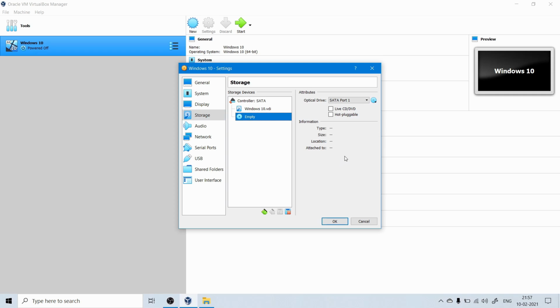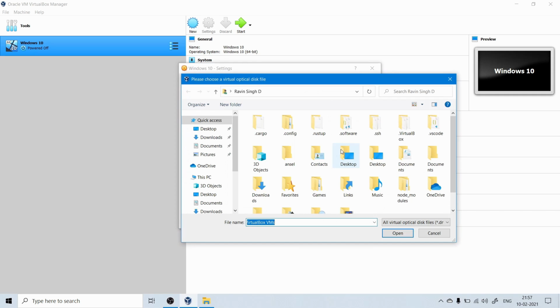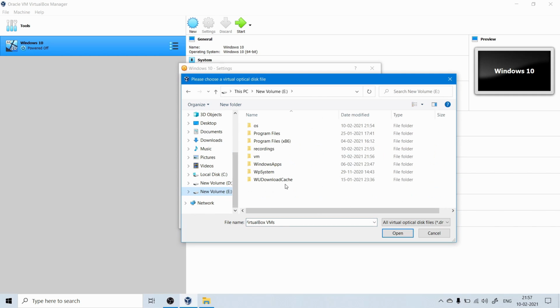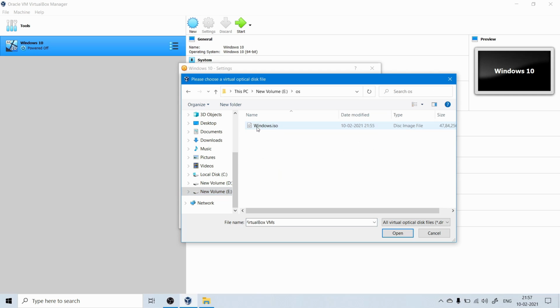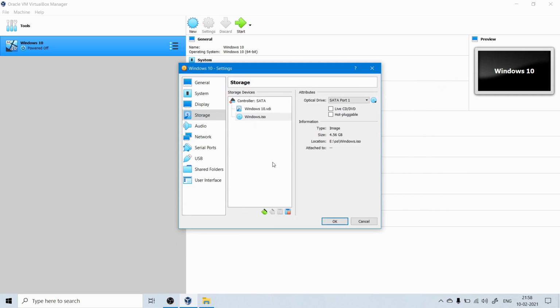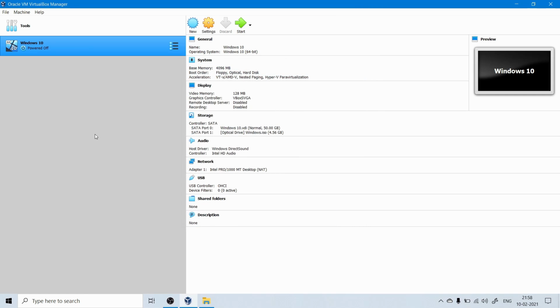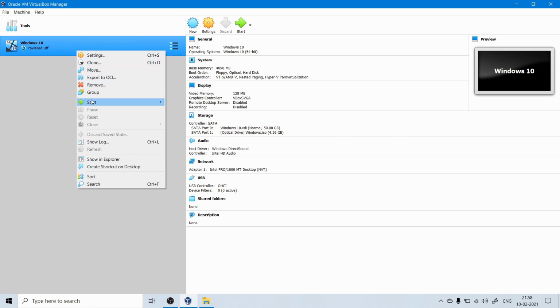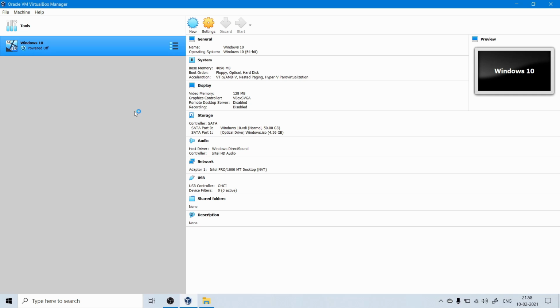So in the disk, you choose the disk file and select the ISO file that you already have, right? You should download this from the official download site. Once you have the disk file attached, you can start the machine. From here on it will be like a normal OS installation, right? The machine will start booting from the disk which is attached.